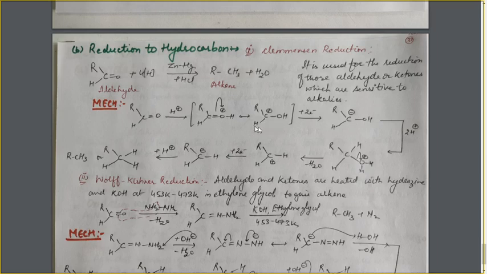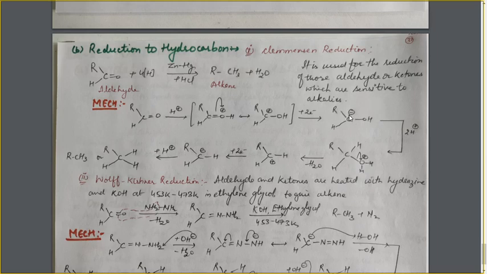Now this species will get 2 electrons from where? Zinc. Zinc will lose 2 electrons. Zinc will give 2 electrons. Now these 2 electrons will be donated to this carbon atom on the positive side, and it will get negatively charged. How does this negative charge arise? There are 2 electrons. 1 electron will neutralize the positive charge and the other 1 electron is responsible for its negative charge. So after taking up 2 electrons, there will be a single negative charge. Now it will take up 2 H positive ions from where? HCl, 2 H positive ions.